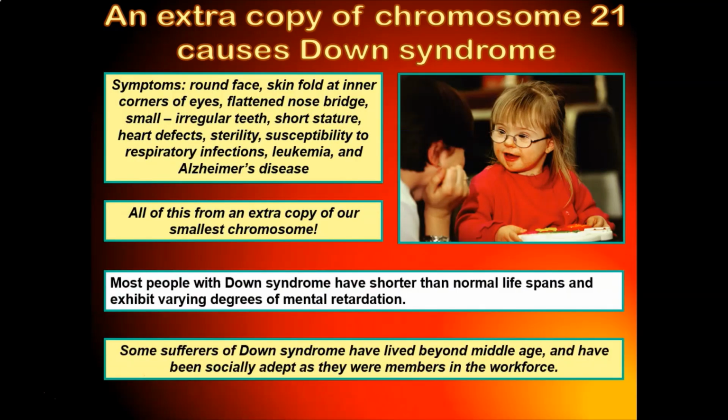We said there's a characteristic set of symptoms, and I'm sure you either know people with Down syndrome or you've at least seen them walking around school or other places. They have a round face, skin fold at the inner corners of the eyes. A lot of people think they look very happy, right? They have a nice face and flattened nose bridge, small irregular teeth, very often a short stature. But there's some very serious things that go on here too, like heart defects, sterility, susceptibility to respiratory infections, leukemia, Alzheimer's disease,